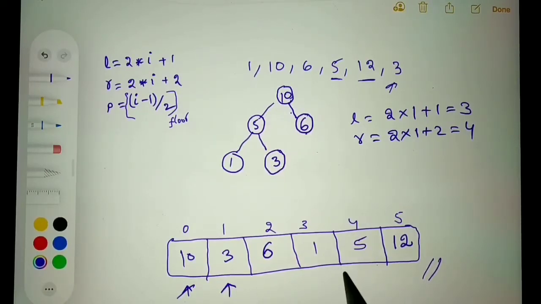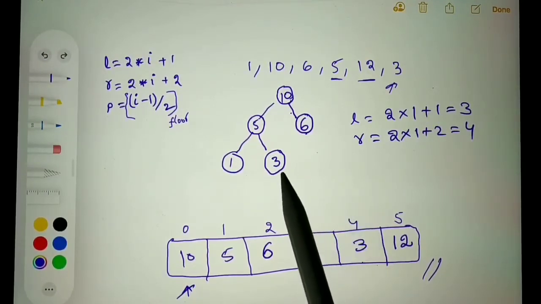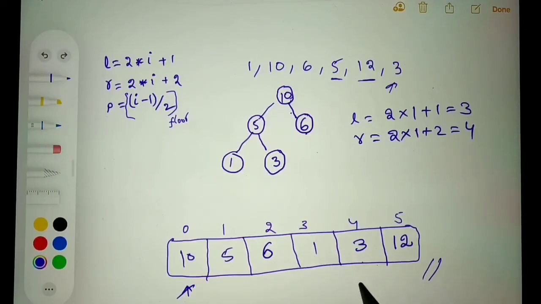So 3 is less than 5. So we will swap it with 5. And 5 should come here and 3 should come here. We can stop here because this is the leaf node now. So this is how we can perform delete operation using array.